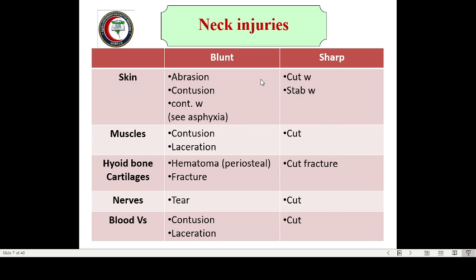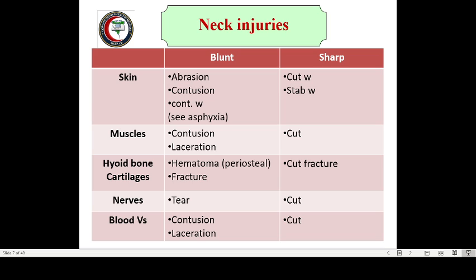The only note I want you to take care of is that blunt trauma to the neck may occur due to asphyxia, someone trying to asphyxiate, to kill someone by pressing his neck by a rope or by his hands. So the abrasions and contusions which will occur in these types of asphyxia will be very characteristic and will indicate